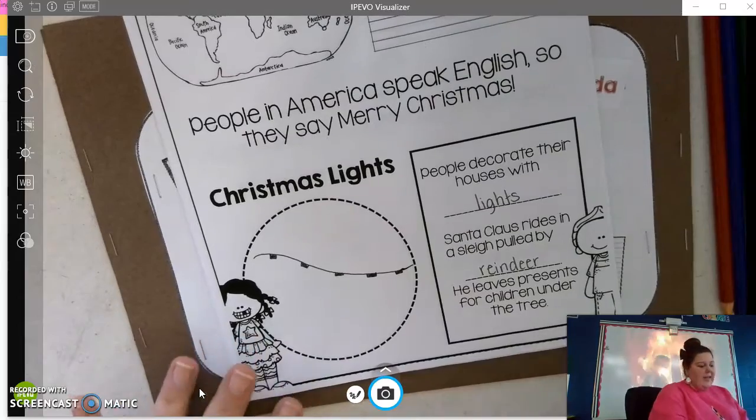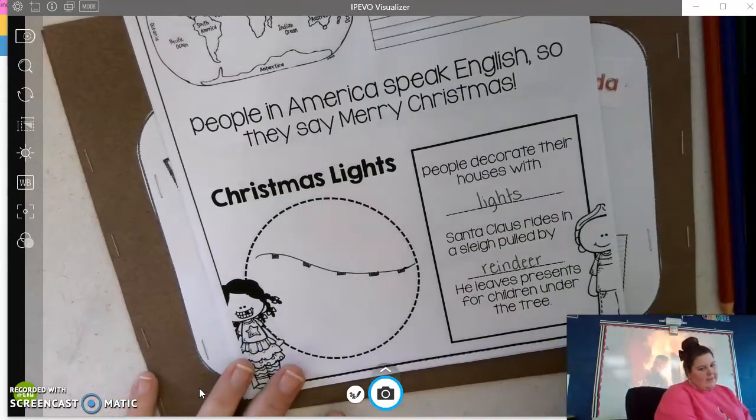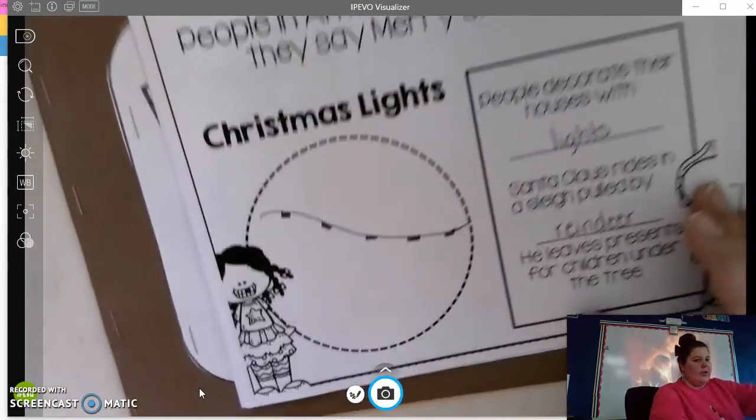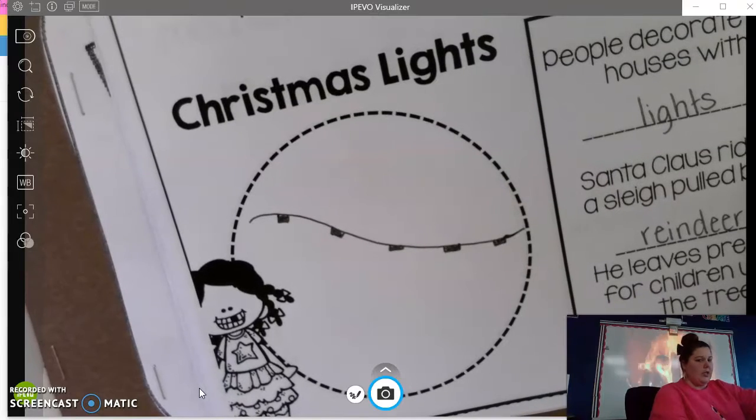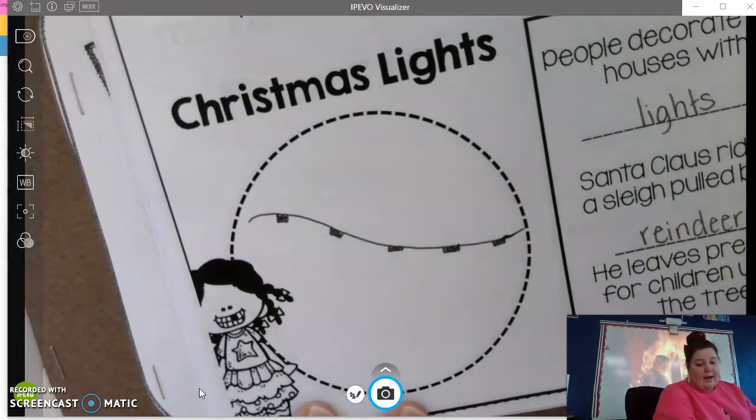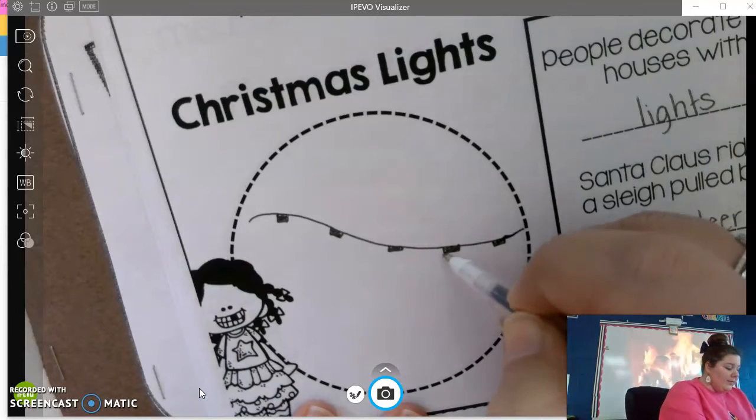Along my light strand. And then, are you ready for this? Because this one is a little bit of a hard shape. I'm going to bring it down so I can show you, okay? And I don't know how to draw a light bulb. Your light bulb doesn't have to be perfect. It just has to be the best light bulb that you can draw.